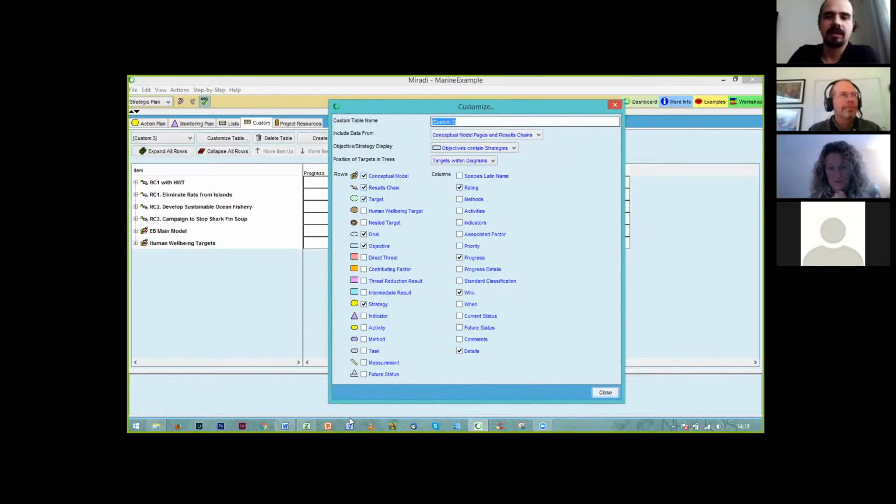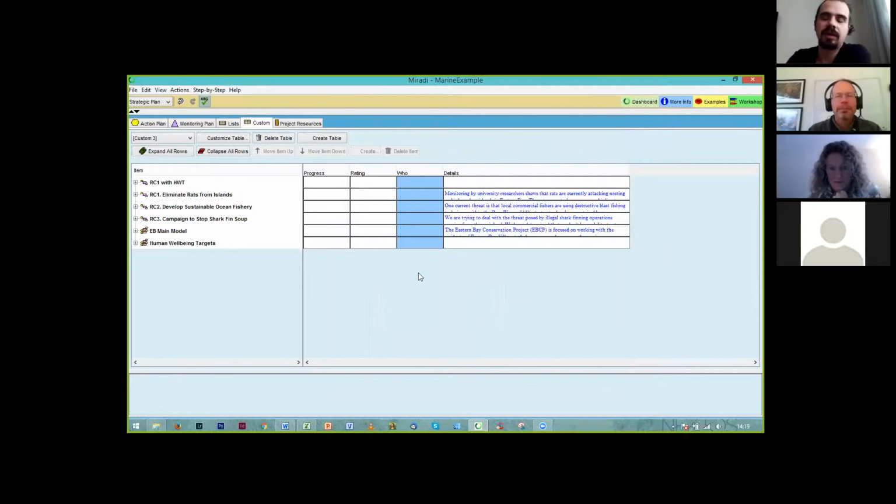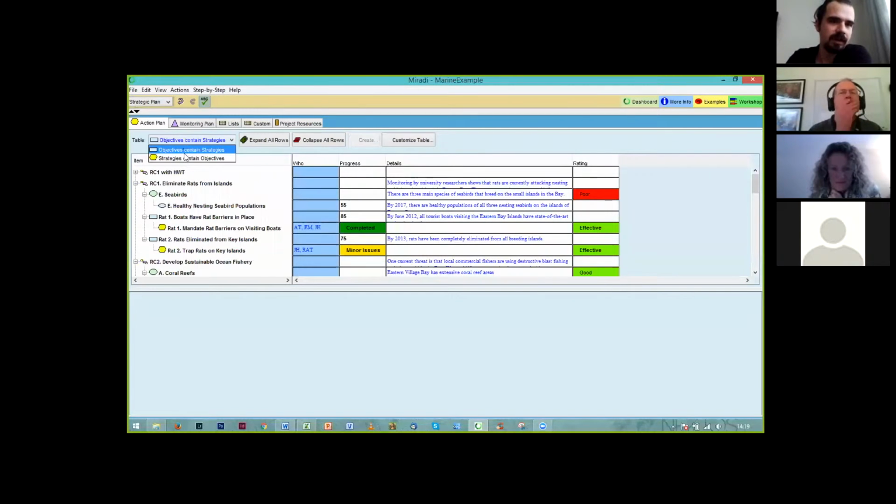So we could basically unclick, select or unselect any type of element that we have in Miradi in order to be shown on the left or the right hand side. Okay, and again, you can move these columns around in just about any manner you want. So this is the action plan, the two different types, as well as the customizing view. And then for the monitoring view,